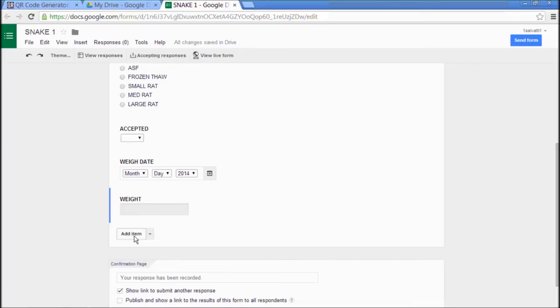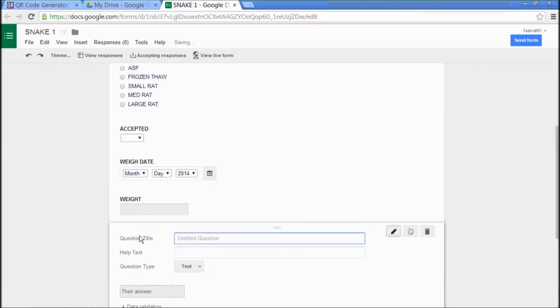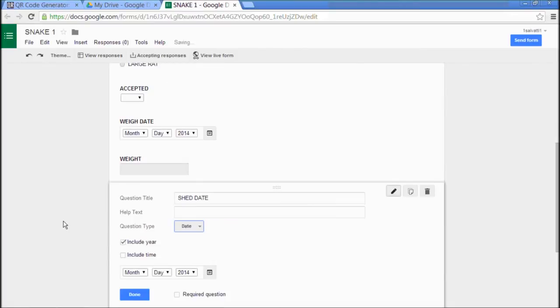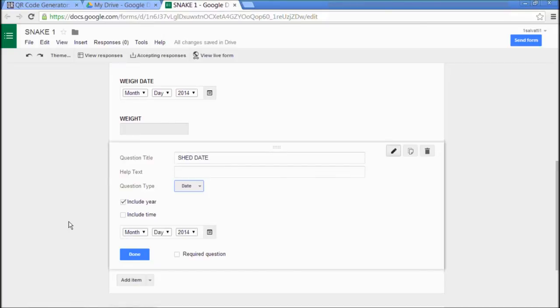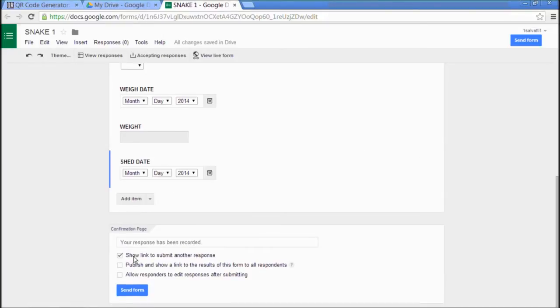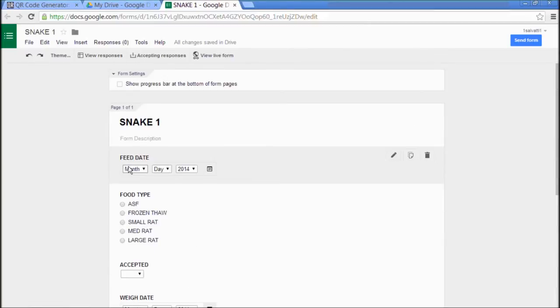And then I want to know what date did they shed. So I'm going to put in shed date. And then I'm going to switch that over to date. And then you can continue on with as much information as you want to know. To conserve time, I'm going to stop there. But once you have all the information that you want to know filled in for the form for Snake 1,